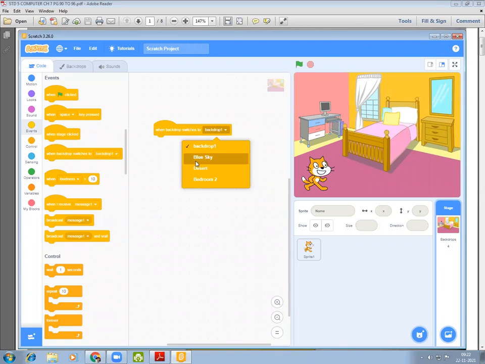For example, any one of these backdrops that I have already shown. Okay, as I am adding backdrops one after another, this block also shows these three backdrops. Now it's showing only three backdrops.